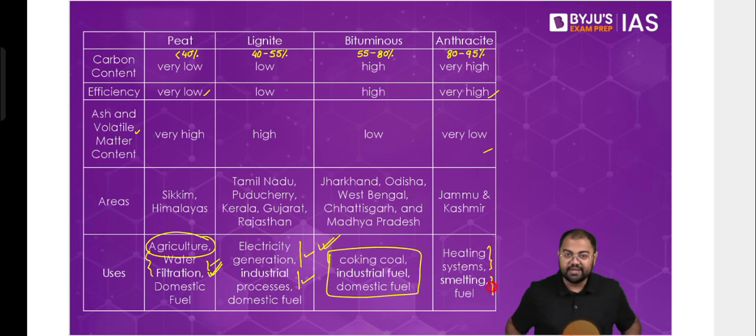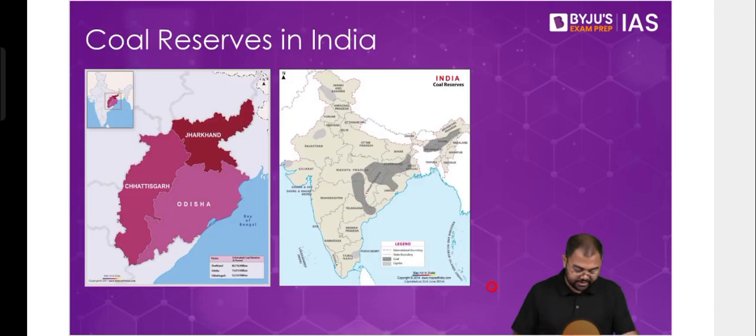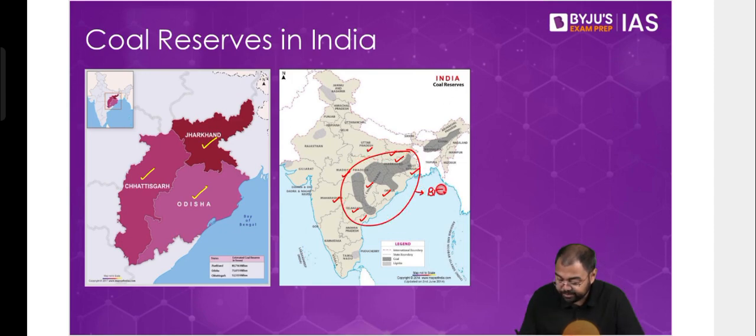Overall, when you look at the distribution, for example in case of India, you'll see that the top three states with coal are Jharkhand, Odisha, and then Chhattisgarh. Jharkhand has the highest, followed by Odisha, and then Chhattisgarh. But overall, all these areas of the central Indian part, Jharkhand, Odisha, Chhattisgarh, Telangana, Andhra Pradesh, Madhya Pradesh, Maharashtra, West Bengal, even parts of Bihar and Uttar Pradesh, are areas where it is significantly found. This part altogether is where bituminous is found the most.